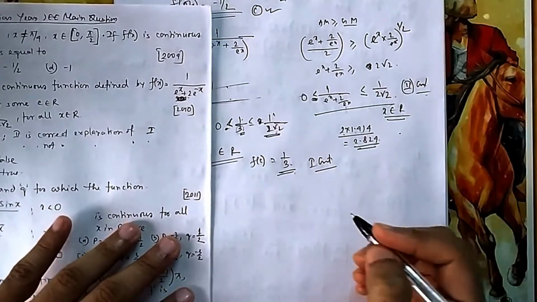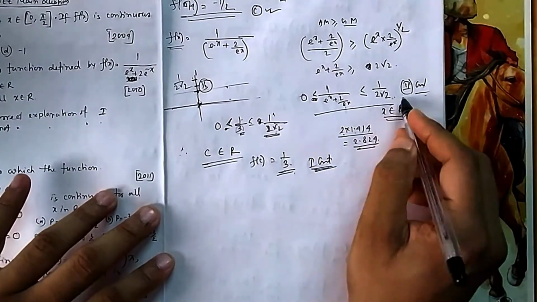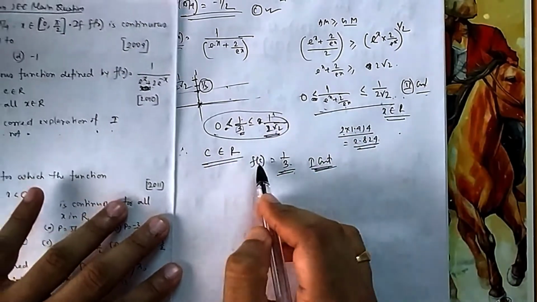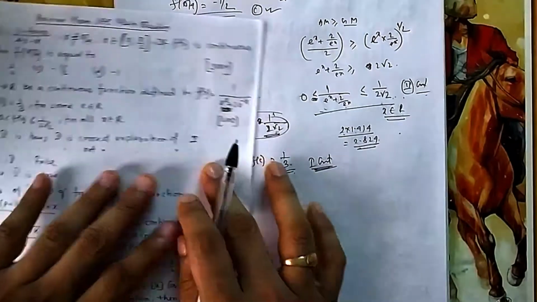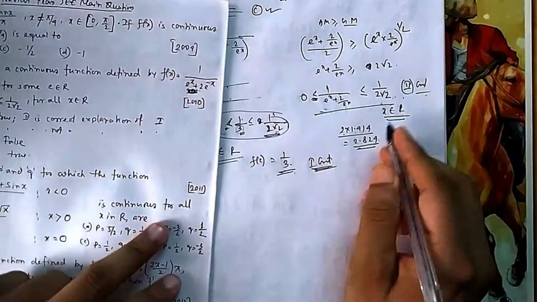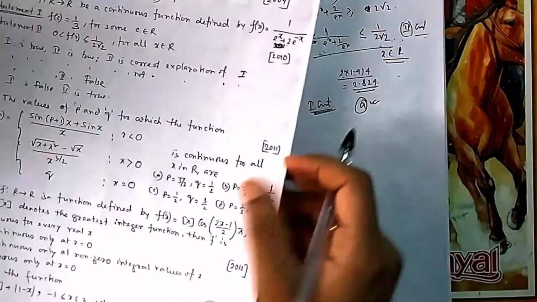Now you have to check whether 2 is a correct explanation. So you can go for 2 because of 1, because you have calculated c, and because your 1 by 3 is lying between these two, that's why you can conclude A. You are using 2, that's why you can answer 1. So 2 is the correct explanation of A.